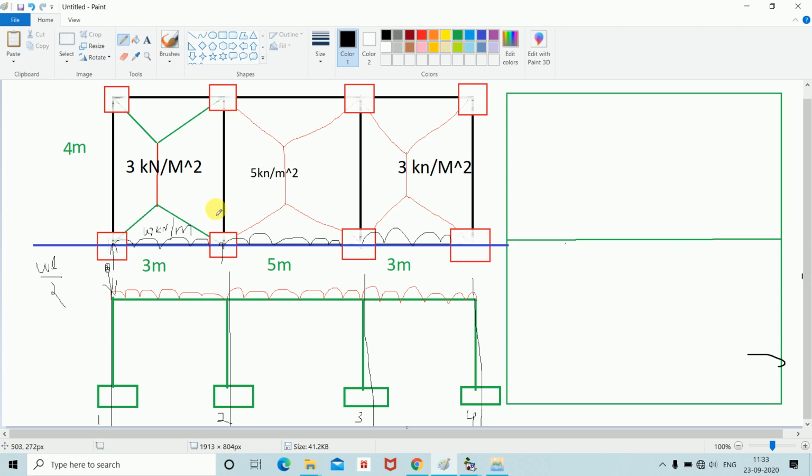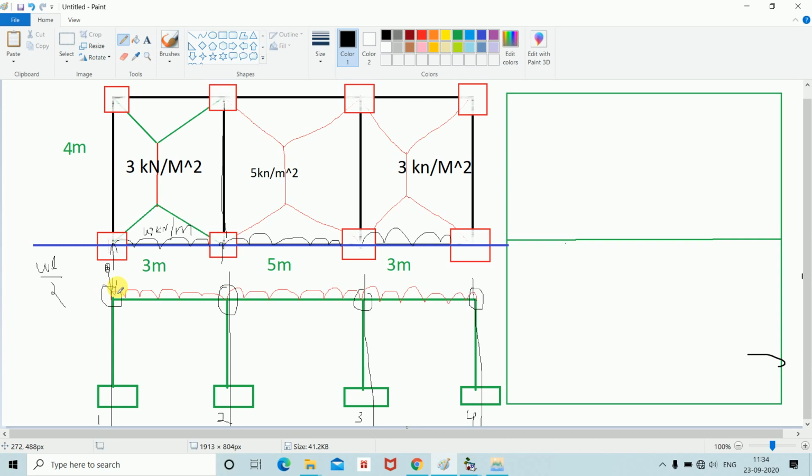Similarly, you can see here this second beam, the load will be transferred not only from this slab but also from the second slab. So we have to add two loads, that is WL by 2, meaning W3 by 2 and W5 by 2. Then we have to add both of the loads, and this load is nothing but the nodal weight at this point. Similarly for this node and this node also. This is the way to find the nodal weights of the building.